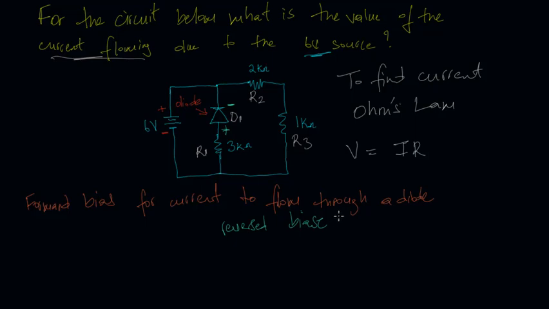So once we have a reverse bias, then we get no current flow. Okay, so once we've just established that the diode is connected in a reverse bias, what does that mean for our circuit? It means that whenever we have a current flow and the current comes to this junction, instead of the current going this way through the diode,